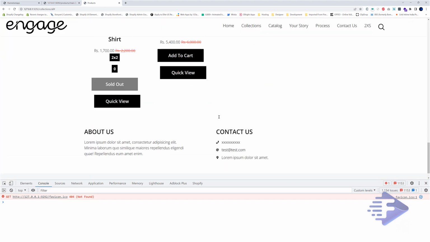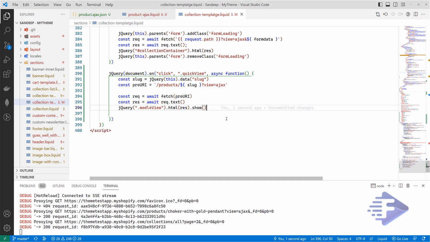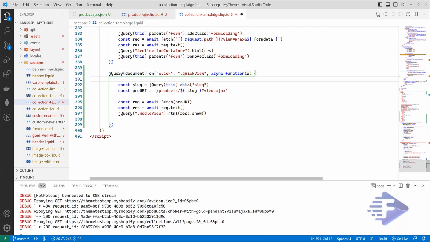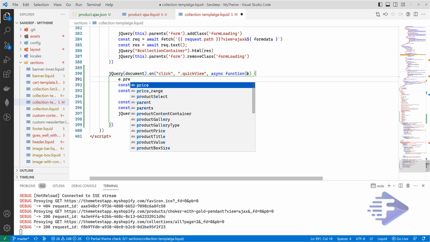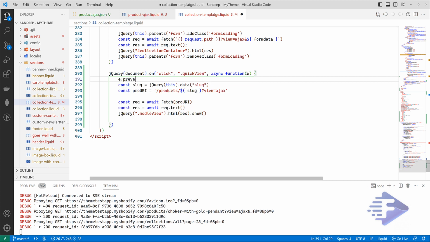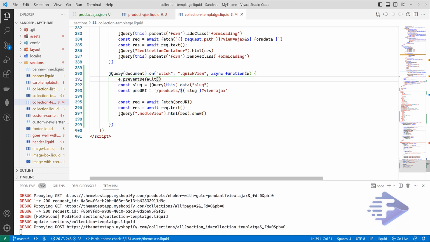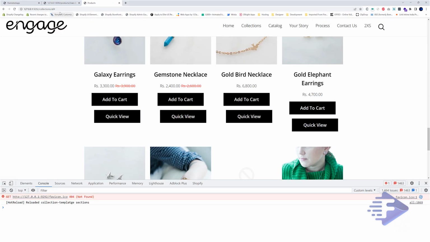Oops, something happened. Let's prevent this one. E dot prevent default. Let's see.